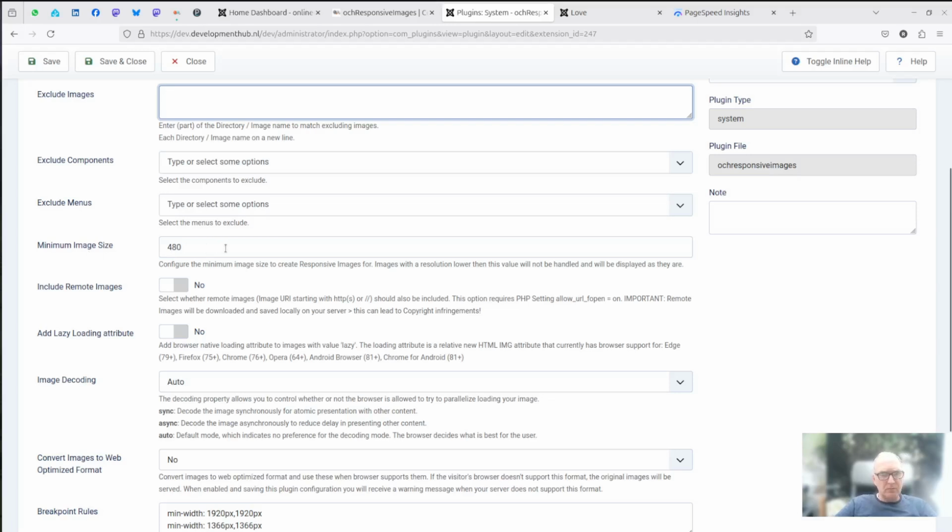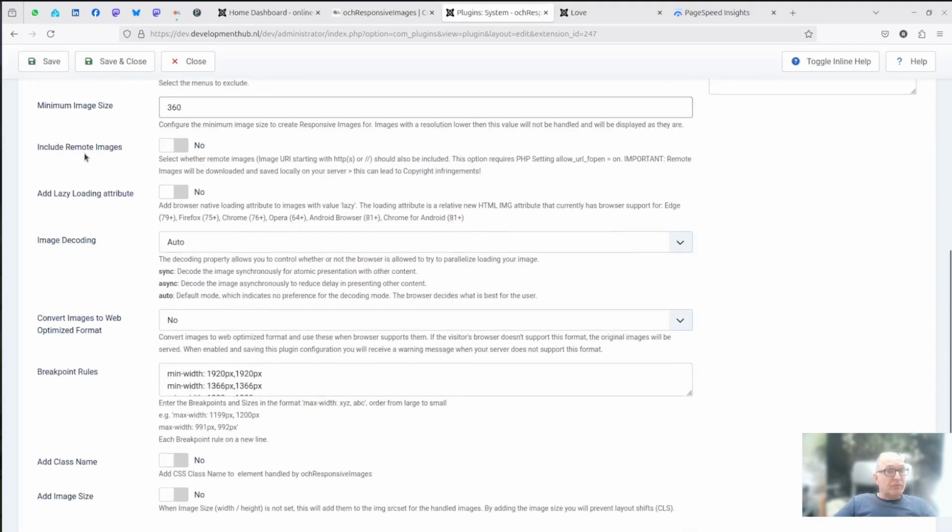Now this is important because when you already have a very small image, there is no real advantage in optimizing that image. So let's set that to 360 pixels. It will check that.